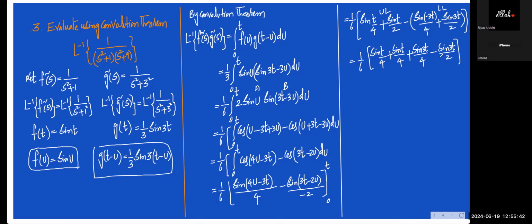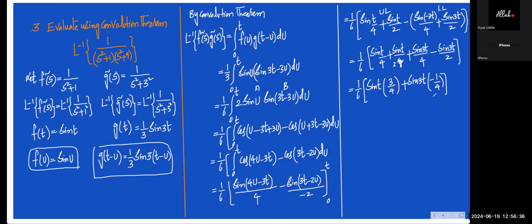अब क्या करेंगे, इन दोनों में से साइन t कॉमन आ सकता है ना, फर्स्ट और सेकंड टर्म में से, इफ यू टेक साइन t कॉमन, 1/4 प्लस 1/2 इज 3/4, तो फिर मैं बाई टू भी लिख देता हूँ यहाँ पर, सॉरी, राइटिंग मिस्टेक है, 4 नहीं है, ये 2 है। 1/4 plus 1/2 is 3/4, sin t you have taken common, प्लस यहाँ पर से ले रहे हैं sin 3t कॉमन, ये हो गया 1/4 माइनस 1/2, इट्स -1/2।